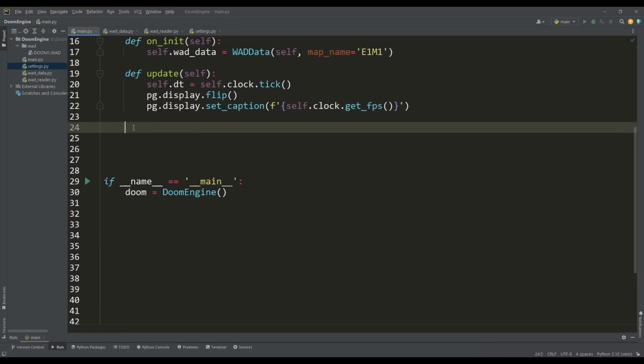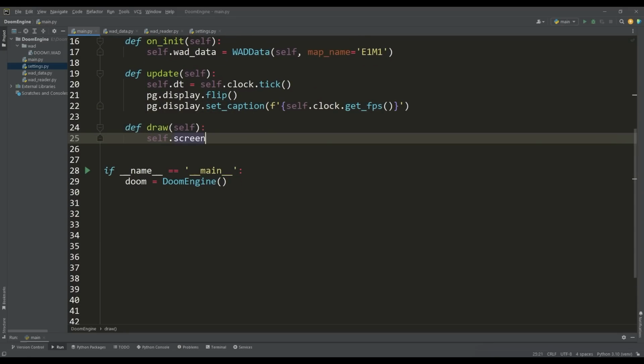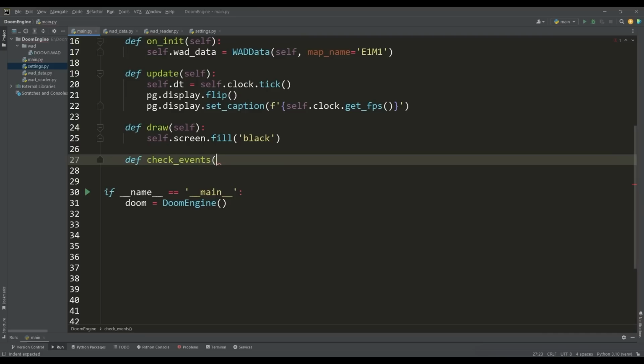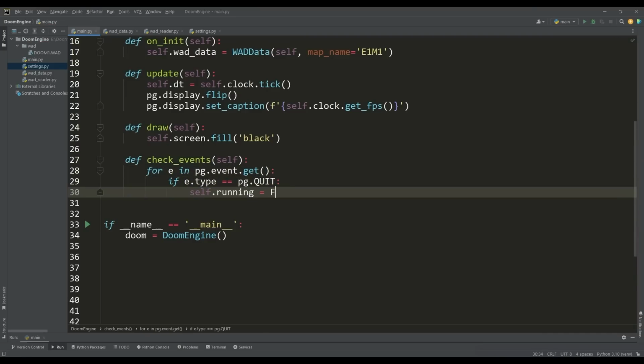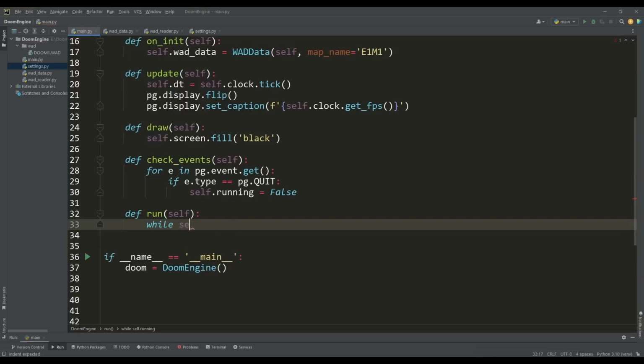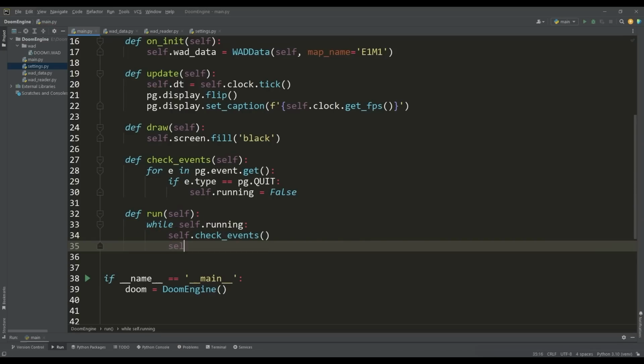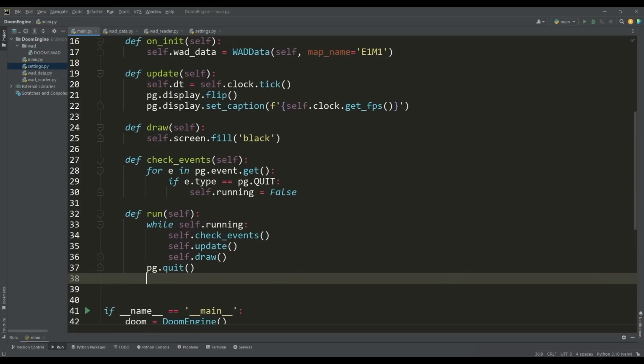In the draw method, we will simply paint the screen black. And in the check events method, we check the events for the closing of the application, in which case we set the running variable to a false value. The run method will contain the main loop. Here we will call all these methods in turn, and upon completion of the loop, we will exit the application